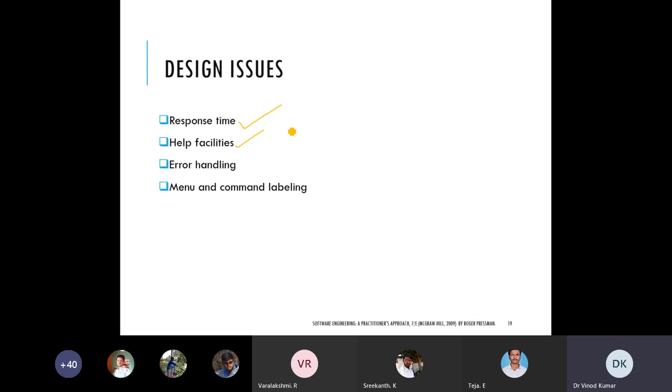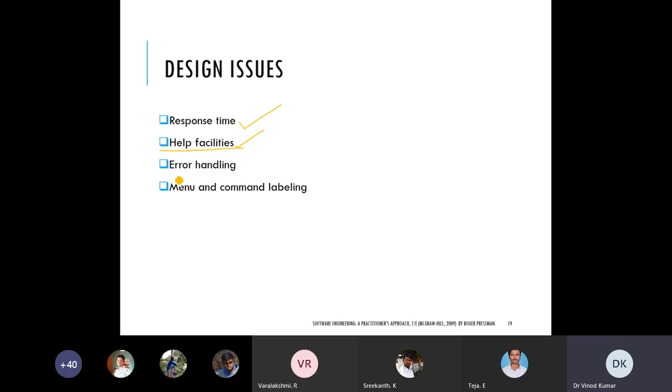Sometimes we come across some problem in using the software, then we go to the technical forum and pose the questions. Some person has faced a similar type of problem and has given the solution, so we can go for that. Or officially, for the software we have built, they can provide this type of facility, so it will help the users. So generally help facilities come as a very challenging issue.